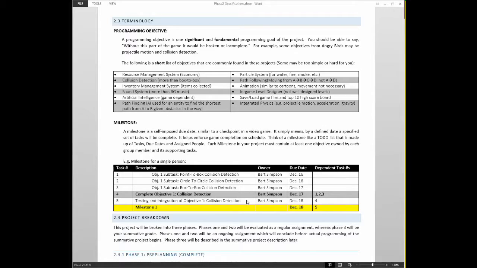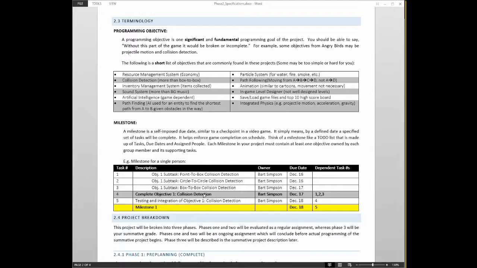So that means that it still needs to get done, so it should still be put on your to-do list. But that doesn't mean it has to be part of one of the objectives. But it still needs to be part of one of the milestones. The question is, which milestone? When is it the most important to build that type of system? So what I've done on the right here, under the dependent task number column, basically I want to know which